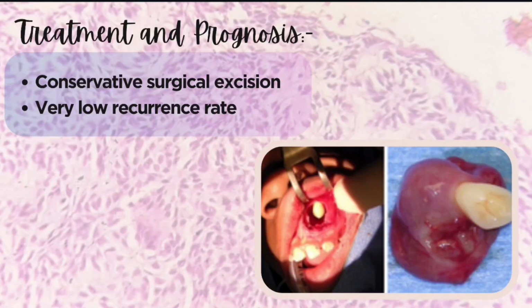The treatment for AOT is conservative surgical excision, we completely excise the lesion along with the associated tooth. The lesion has a low recurrence rate in comparison to OKC, as we have told that OKC has high recurrence rate because of satellite or daughter cysts,